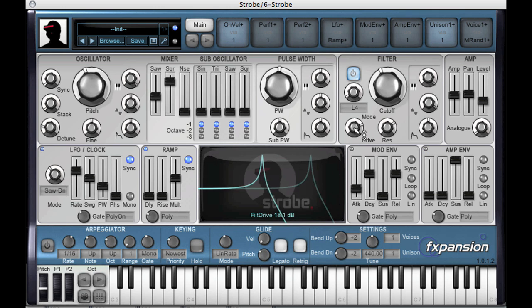For this song I've got the filter overdriven by about 18 dB and the amplifier on about -4, and that's giving me the sound I look for, but of course every song's going to be different, so it's worth experimenting